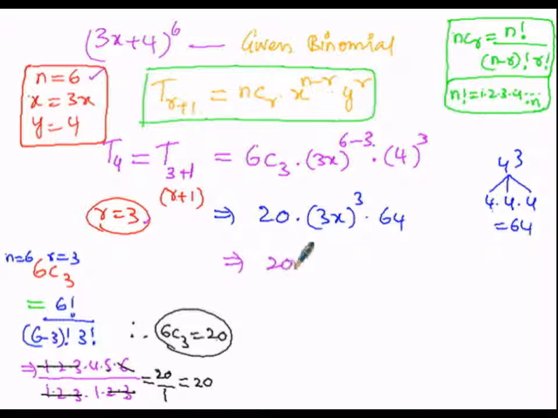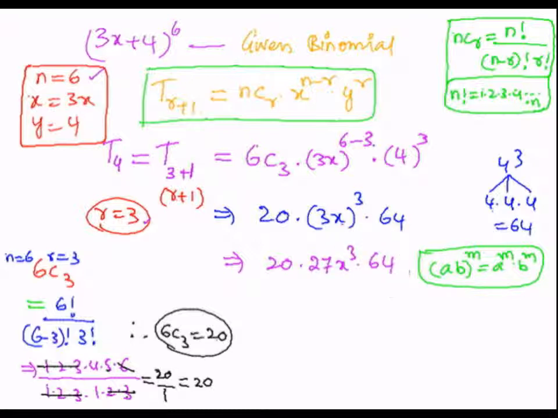So that implies 20 into (3x) whole to the power of 3. Based upon this formula, (ab) whole power m can be written as a power m into b power m. Here instead of a there is 3 and instead of b there is x. So here it is split as a power m into b power m, so the exponent is applicable for both a and b, that is for both 3 and x. So 3 cube, 3 must be repeatedly multiplied thrice. 3 into 3 is 9, 9 3s are 27. So 27 x cube, into 64.